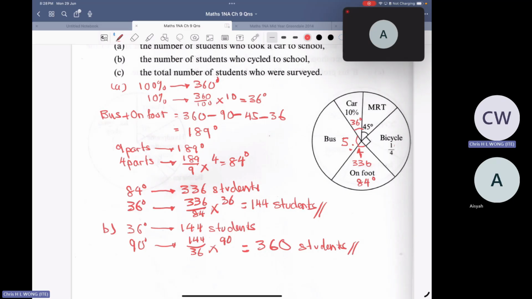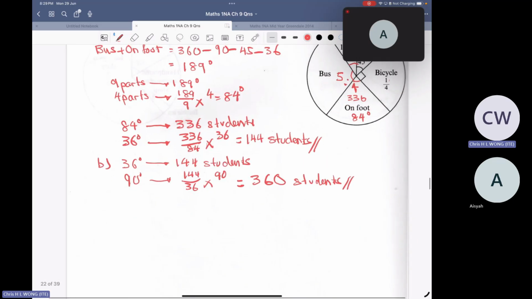Remember the whole chart, the whole pie. The pie is complete depending on what you want to represent. The 360 degrees or the 100% is a complete pie, depending on what they represent. They represent what they want you to represent. 360 degrees and 100% is a complete picture, everything that they are doing the survey on. So what you want is 360 degrees.